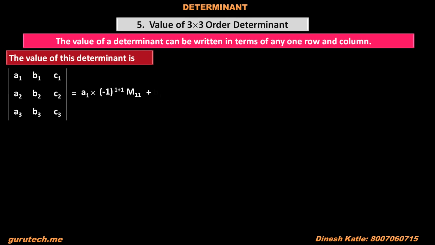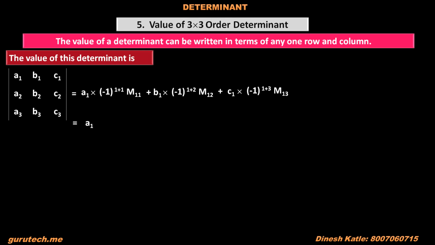plus B1, second element of first row, into its cofactor, that is minus 1 raised to 1 plus 2, first row, second column, into its minor M12, plus C1, third element of first row, into its cofactor, that is minus 1 raised to 1 plus 3, first row, third column, into its minor M13, is equal to, in the first term, the factor minus 1 raised to 1 plus 1, that is minus 1 raised to 2,